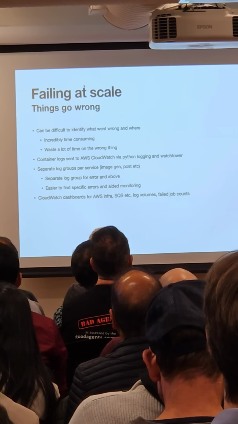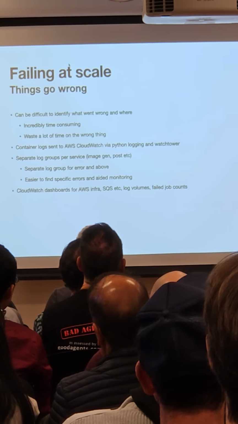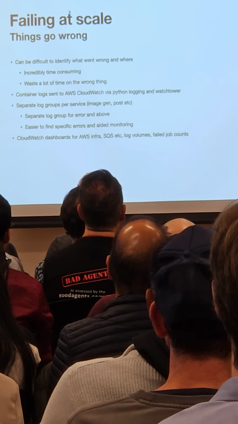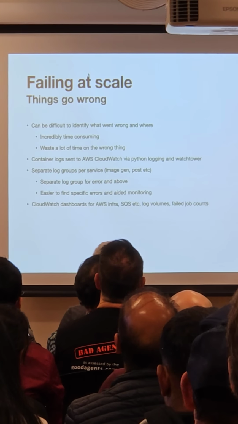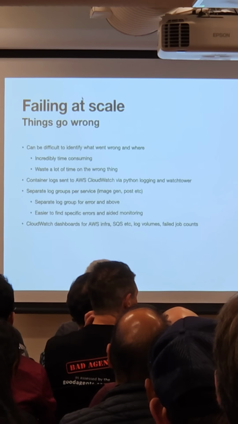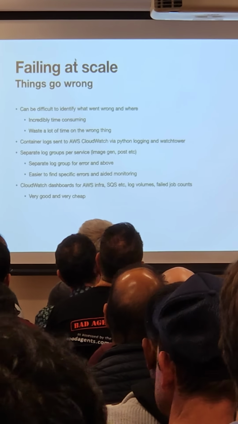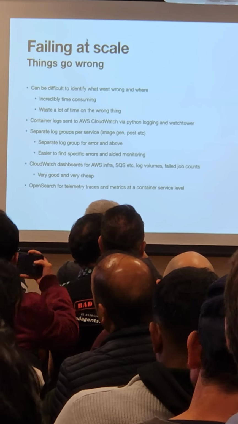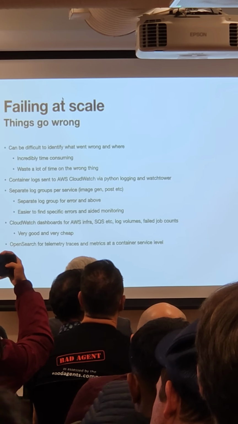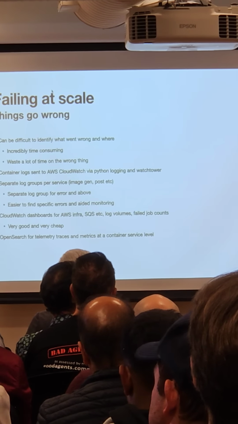We used CloudWatch dashboards to monitor our infrastructure, particularly the queues. So there's a life cycle to a request or a message in a queue, and we would use that to track the overall system state across all of our queues. Things like log volumes, failed jobs, etc. It's really good and it's really cheap. And for our container-level metrics and traces, we used OpenTelemetry,